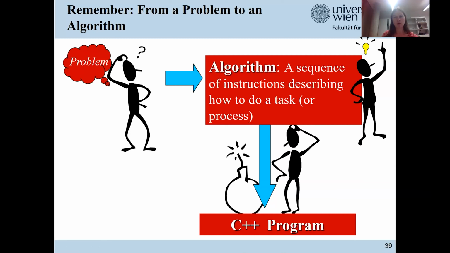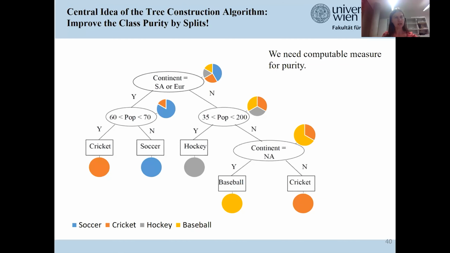When designing an algorithm, it is often, I would say, a stepwise, loop-wise procedure, and it is always good to get a feeling for your problem. So essentially, the central idea of all existing decision tree construction algorithms is that we need to carefully select our splits in our nodes in order to arrive at mostly class pure subtrees.